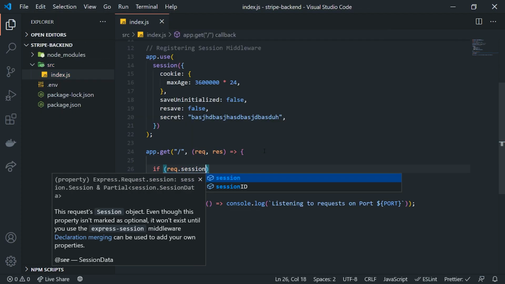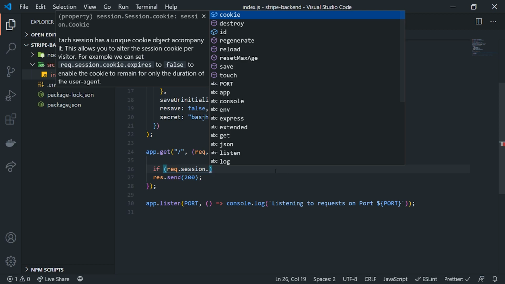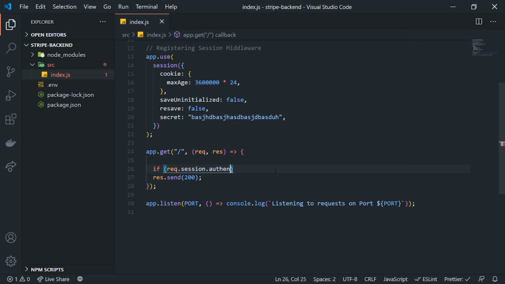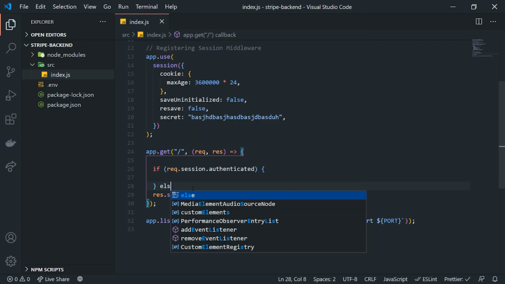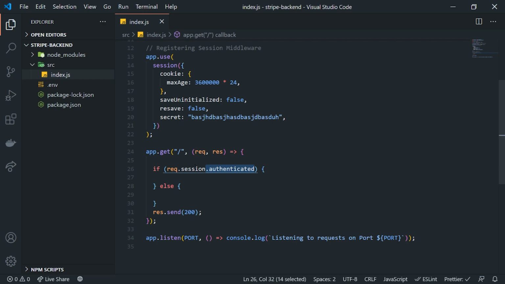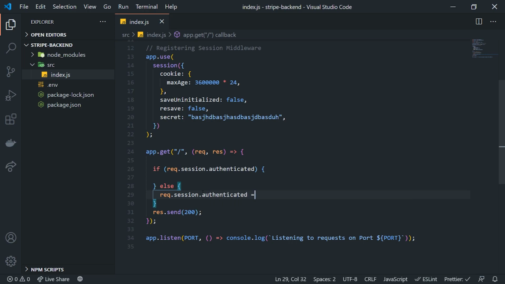req.session. Okay, so you can see that we actually have this property session on the request object, and we're going to check to see if req.session.authenticated. So right now, this session object will not have the authenticated property. But what we're going to do is, if it is there, that means they've already visited the actual page. Okay, that means they visited us, they've logged in, etc. If they have not visited us yet, they would not have this authenticated property on the session object. And therefore, what we're going to do is we're going to attach it, and we'll just simply say authenticated, and